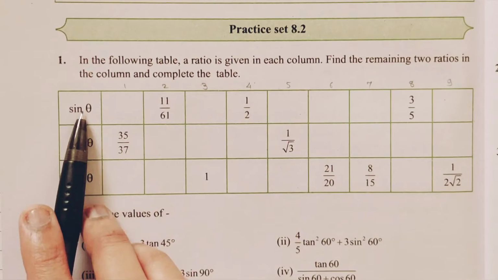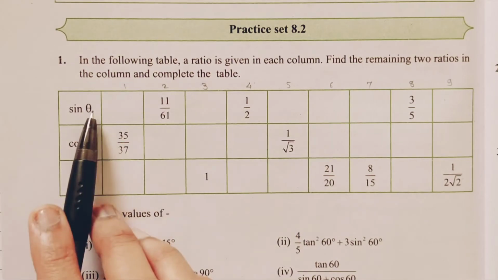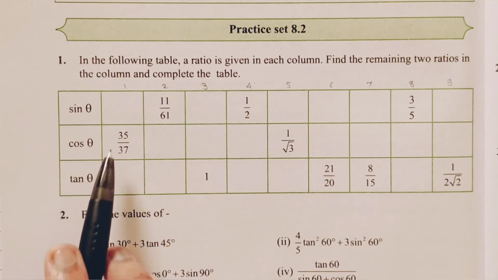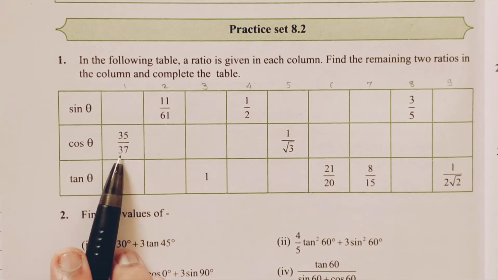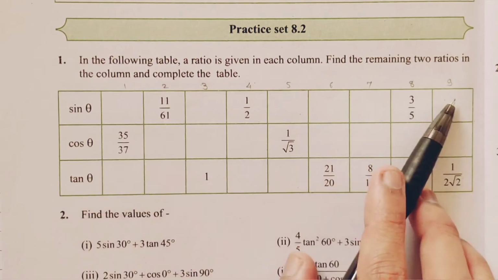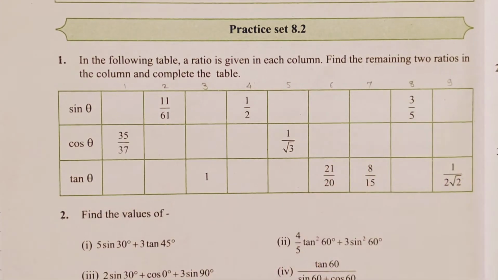Here three ratios are mentioned in this table, that means sine ratio, cos ratio and tan ratio, and out of three ratios one ratio is given, that means we have to find out the remaining two ratios. दिसलं यामध्ये टोटल 9 एक्झाम्पल्स आहेत. वन बाय वन सॉल्व करूया.